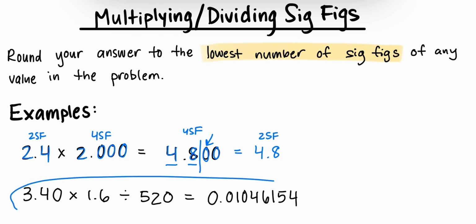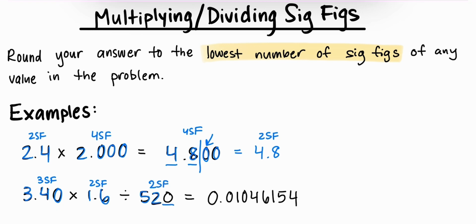All right, let's look at this next problem. So let's look at each value. So the first value, 3.40, a trailing zero with a decimal, is significant. So this has 3 sig figs. 1.6 has 2 sig figs. And 520 has 2 sig figs because this trailing zero is in a value without a decimal, so it is